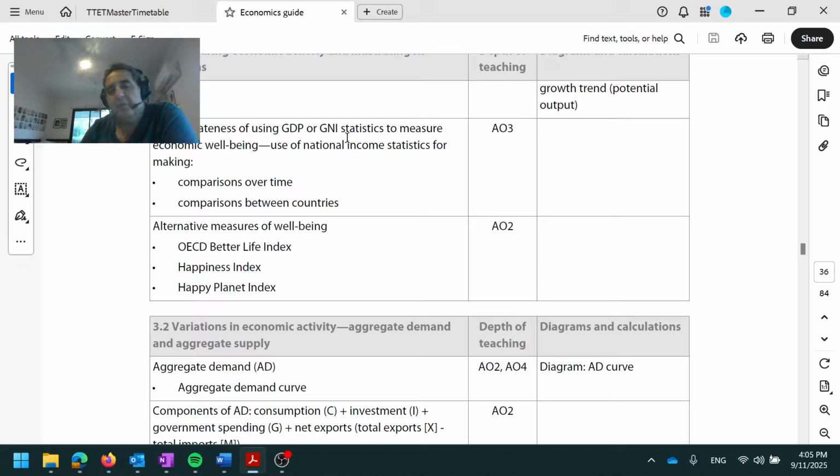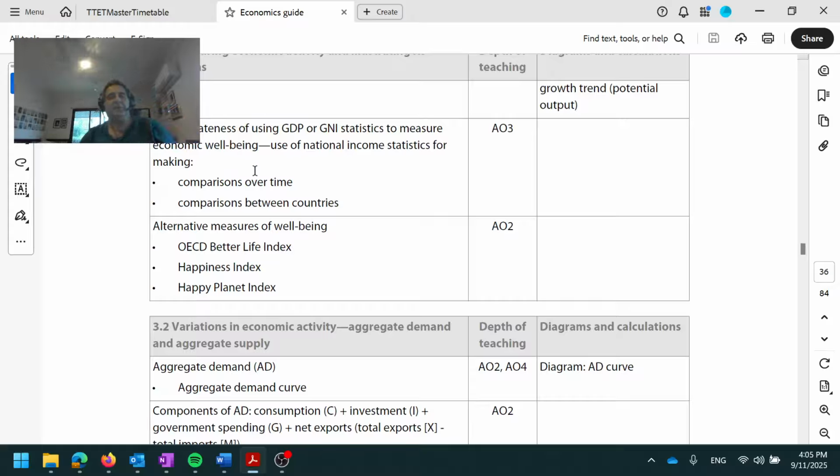A little bit of alternative measures, AO2. So my thinking there would be maybe if you did not see that on paper 2, they could slide it in somewhere on paper 3 as a 2 marker. But having said that, given its sequencing in the syllabus, it could easily be the counterclaim to the top bit,